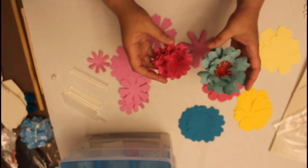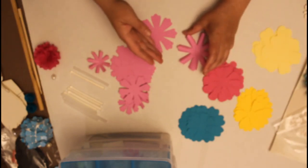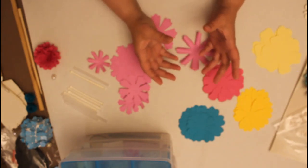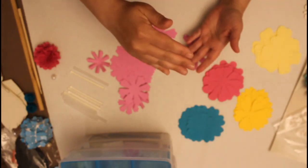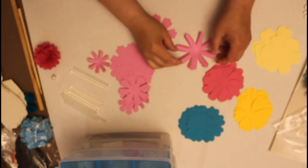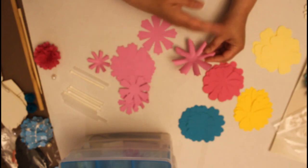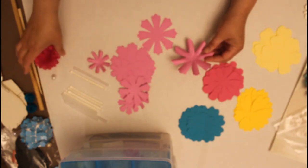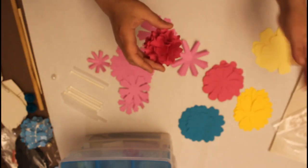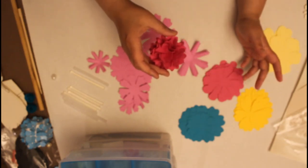So one of the ways to get that round look is to have as many layers as you can squeeze into your flower. Obviously if your starting base is only 3 inches, you can't have that many more layers relative to starting off with your first layer being 5 inches. But whatever you start with, reduce your subsequent layers by no more than